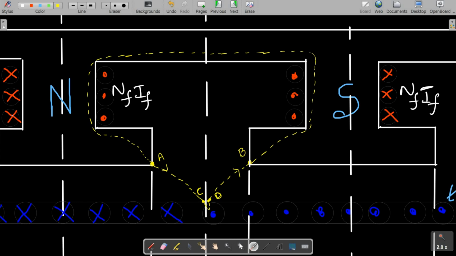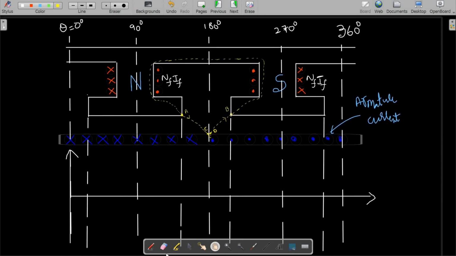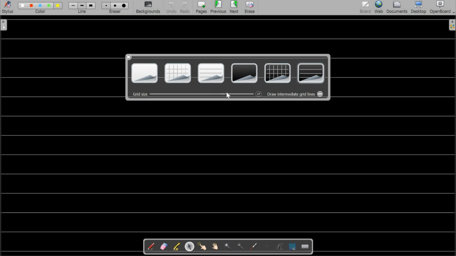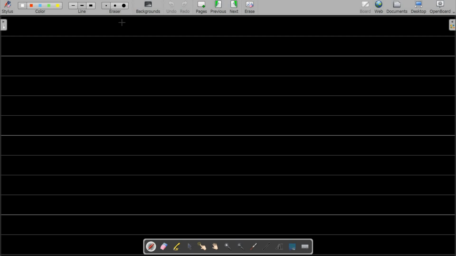Now I will go to the next page and zoom out. I will add one page. Yes. Now I will write Ampere's circuital law for this. It is nothing but like this: H of BA into length for BA, plus H for the path AC into length for the path AC,